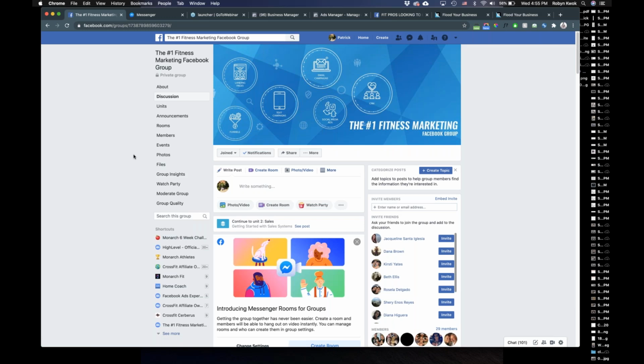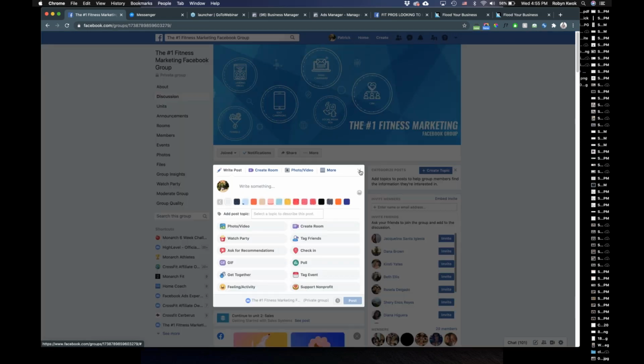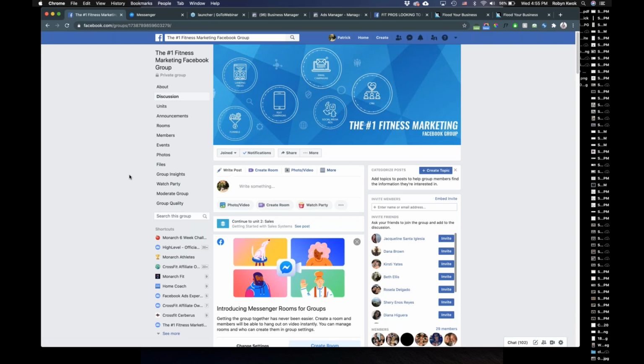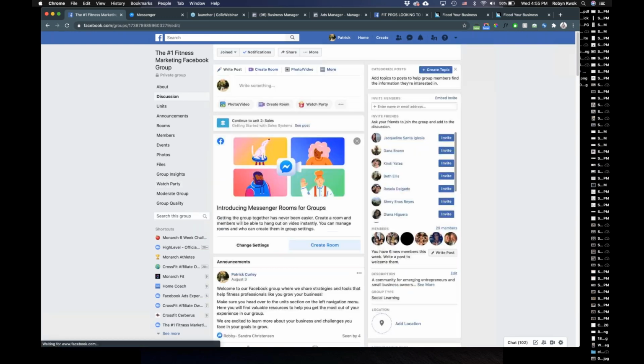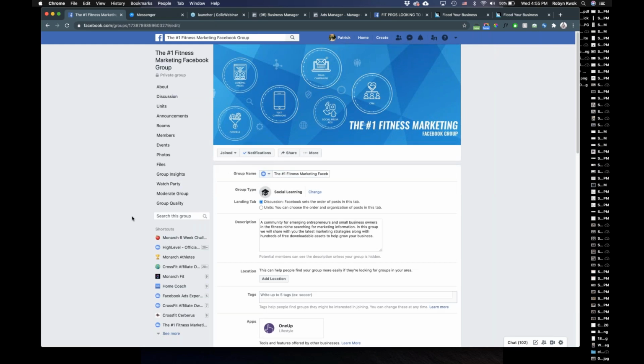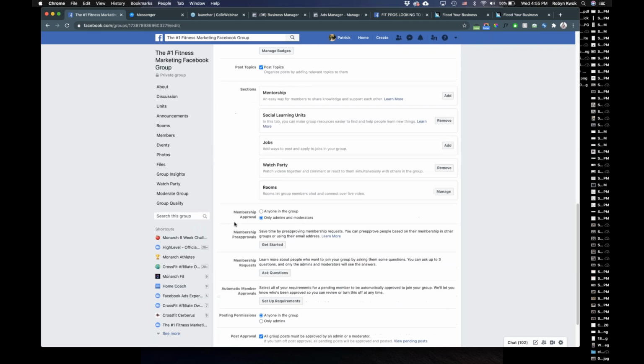You've got to make yourself an admin. Of this page I am an admin, but you mean so more, edit group settings, and then that would be